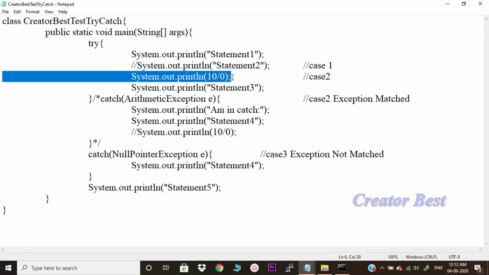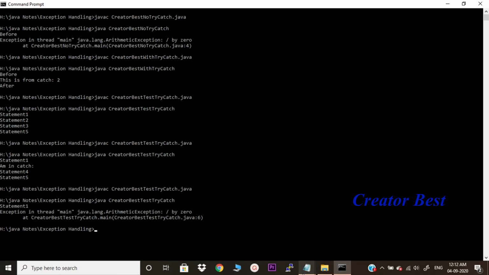This statement is causing the exception. It will look for its corresponding matching catch, but none of the catch blocks match. It looks for arithmetic exception, but arithmetic exception is not there. So it will terminate the program abnormally. Even statement 5 will never be executed. This is case 3. Okay.